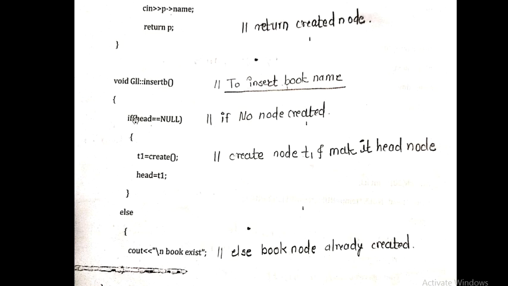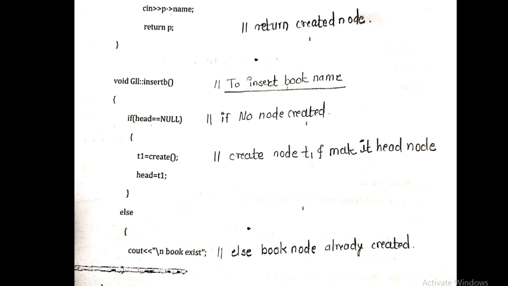Initially we'll check whether any node is available over there, because the book name will be single, and under that book we are going to create multiple chapters, multiple sections and multiple subsections, right? So the head node, or we can say the root node, will be our book node, because we are not taking a number of books, we are only taking a single book, and for that single book we are creating the index. So only one book name will be there, and that will be the head, or the root. So we'll check whether any previous head is available over there.